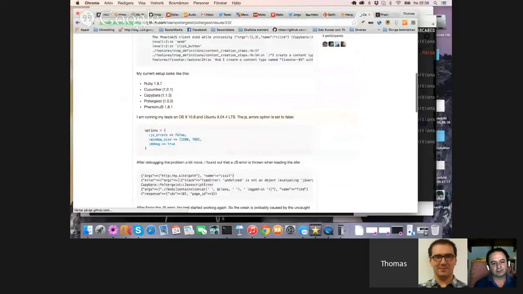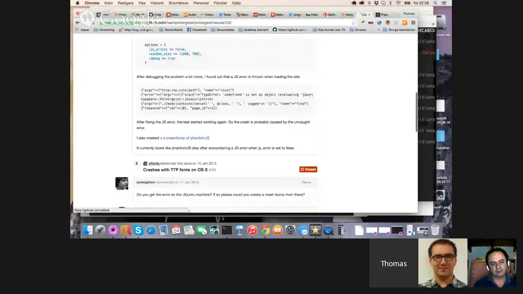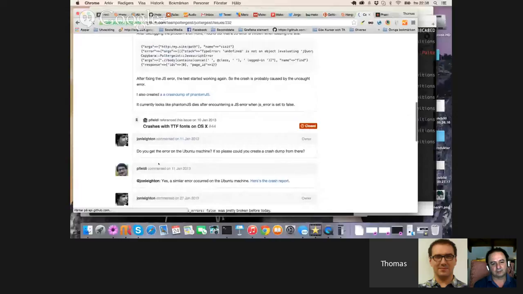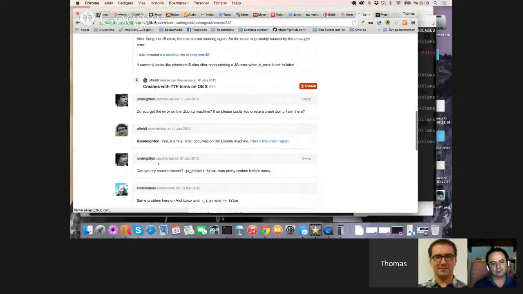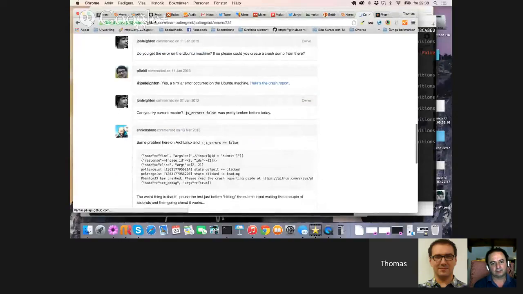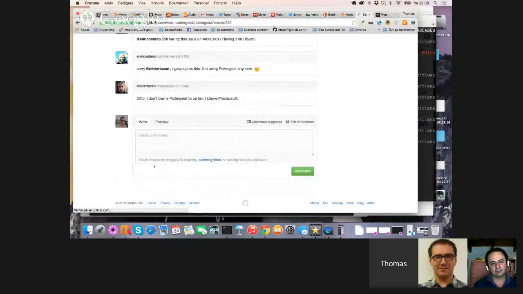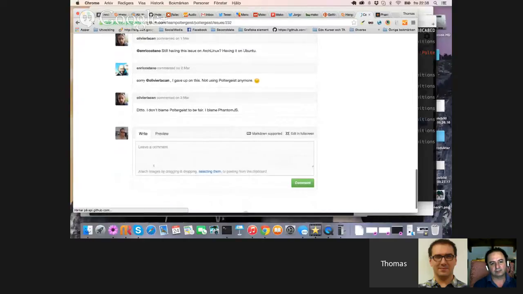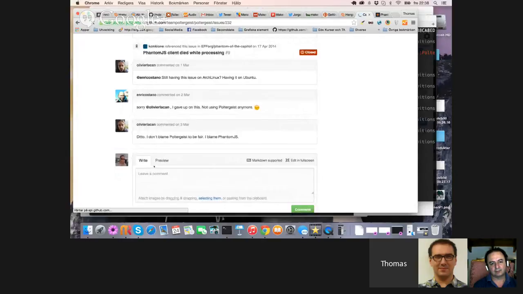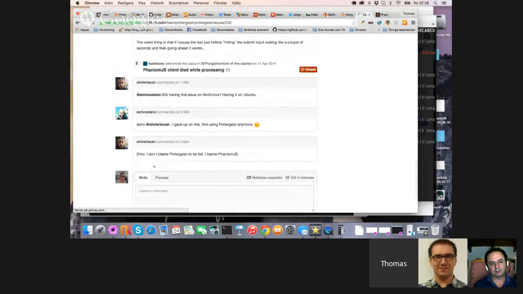Around the crash, do you get an error event? Here's a crash. Same problem. Processing closed. It's not the Poltergeist. Not good.